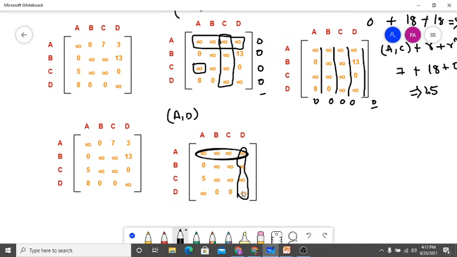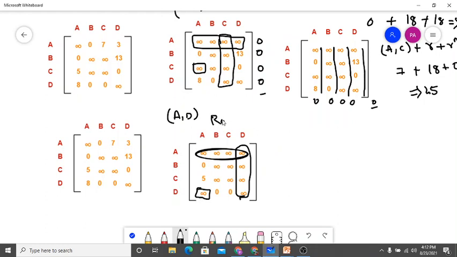These two things we need to make as infinity. Okay, and as A comma D, the same thing, D comma A. So this one also we need to make as infinity. Okay, now we need to do the